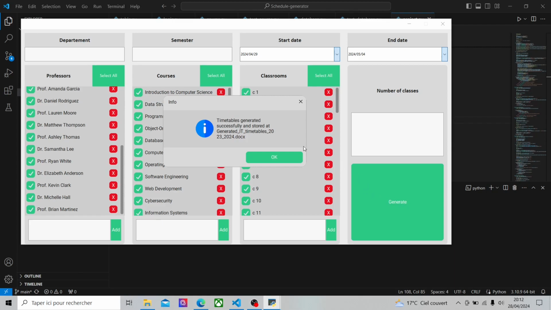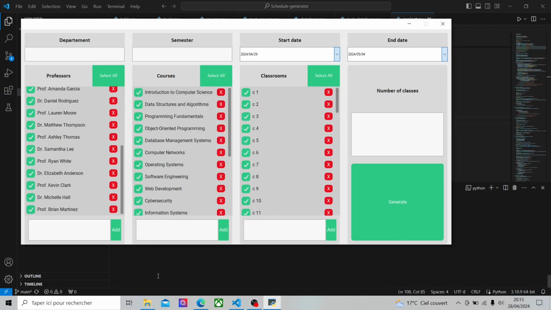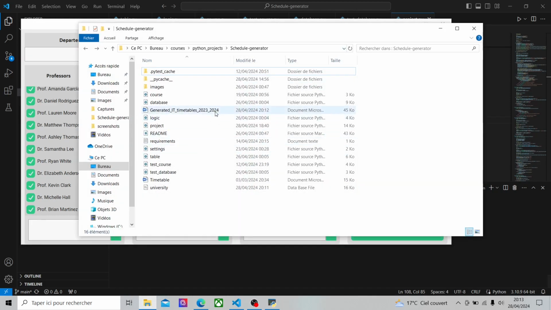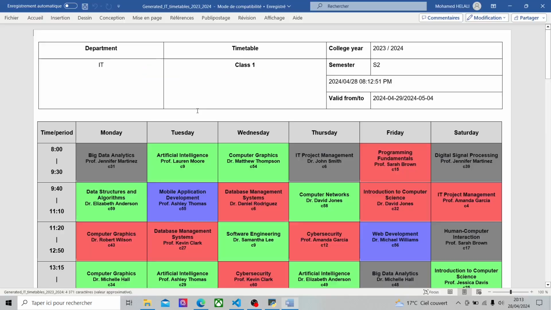Once the generation is complete, the user will receive a message indicating that the requested timetables are successfully generated and are stored in this file. By default, the docs file will be stored in the project directory for easy access. And by clicking on the newly generated docs file, as we can see here, we can see the generated timetables